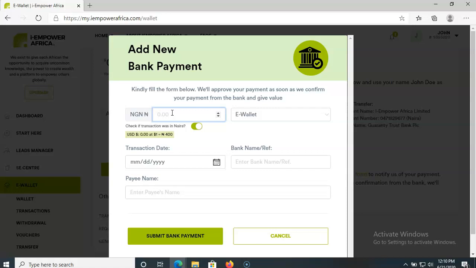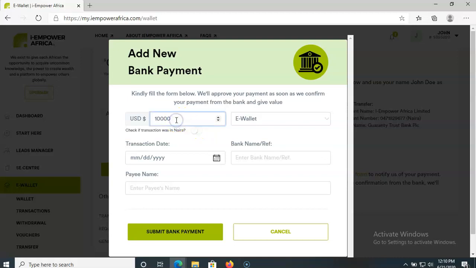10,000 Naira into my e-wallet. So if I type 10,000 Naira, the system is going to credit my e-wallet with $25. Do you understand? The system is going to credit my e-wallet, my available balance, with $25. However, if I choose to pay in dollars, let's say I want to pay $25 into my e-wallet,